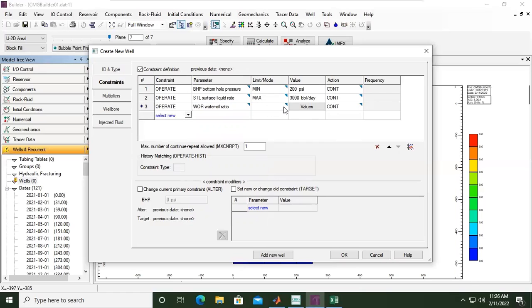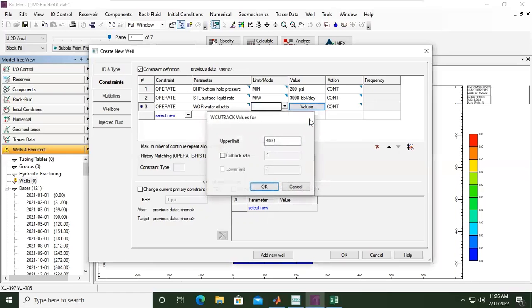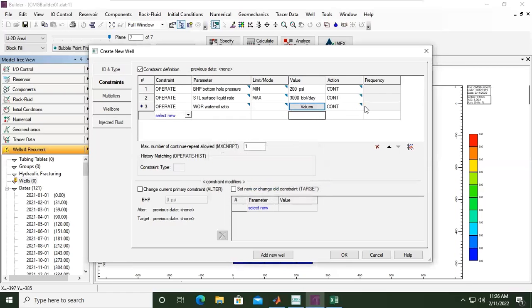So if the water cut reaches this limit value, I will shut in my well.